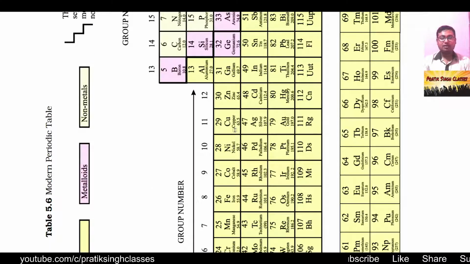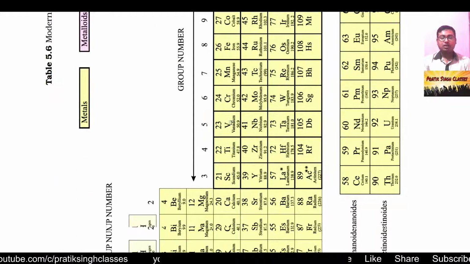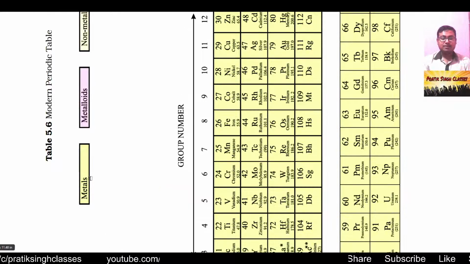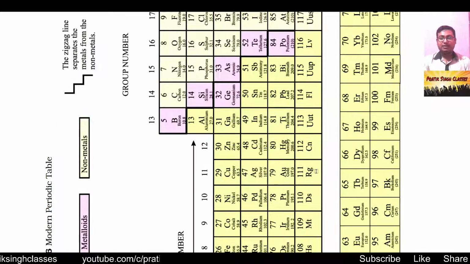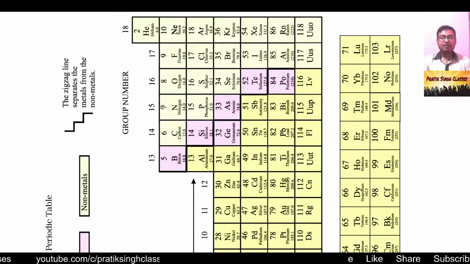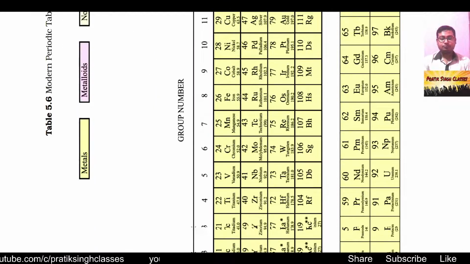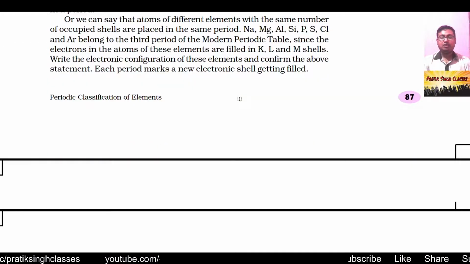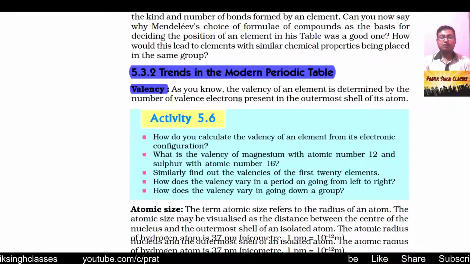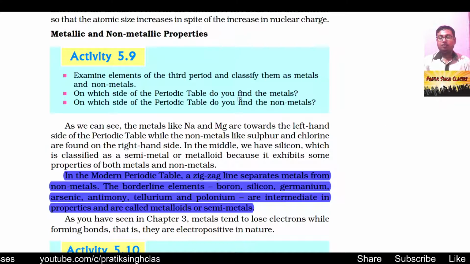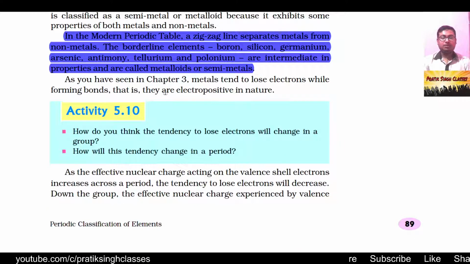So here you can see, these are metals, as you can see in blue color. Okay, these are the metals. Then the pink color elements are semi-metals or metalloids, and then the yellow or orange color elements are non-metals. So by color coding it becomes very easy for us to find out whether it is a metal or a non-metal, but you have to memorize for some time whether a given element is a metal or non-metal.